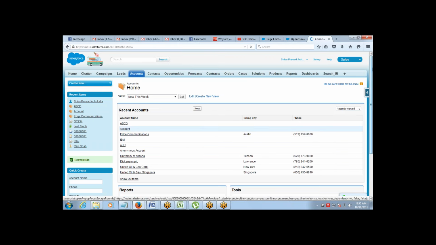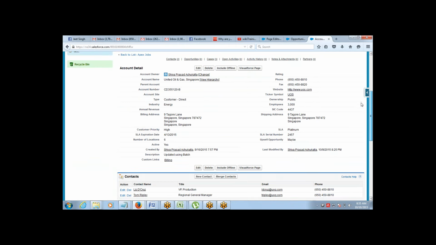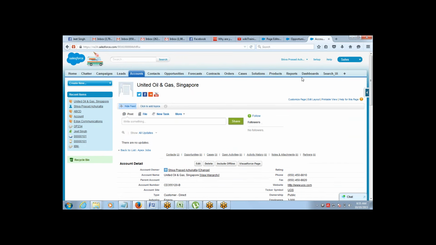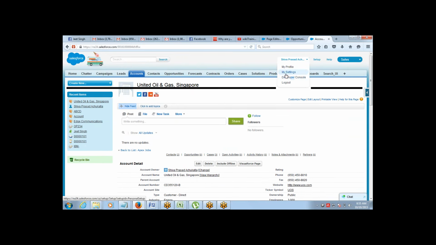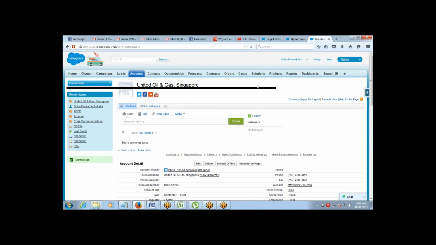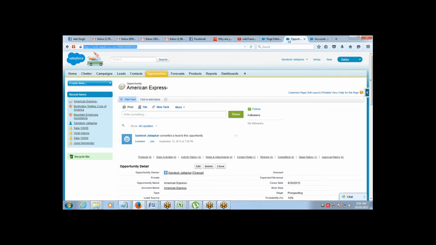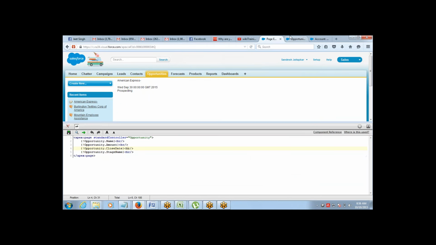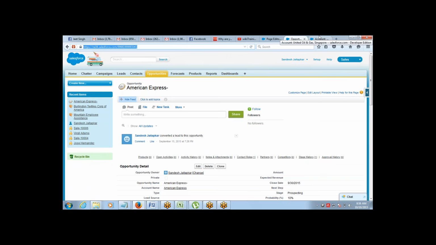Wait, one second. Yeah, updated. How did we get the error? Whatever error we got, read the error and you will understand where exactly it is coming from. If there is any error in your code, then it will not execute. If there is any problem with the class, that will be reflected on the class itself. You will not be allowed to save the class.